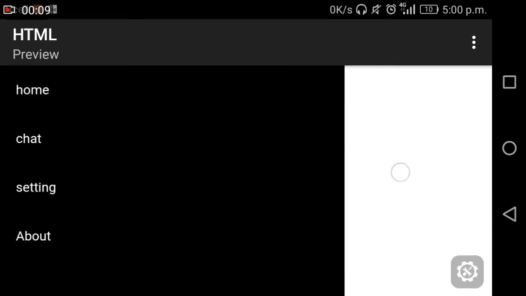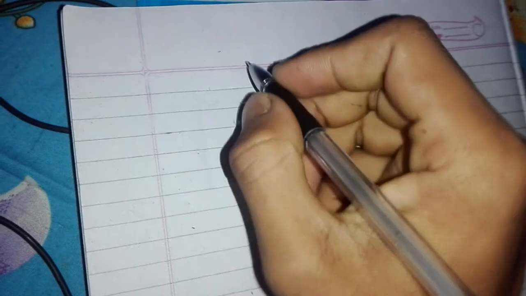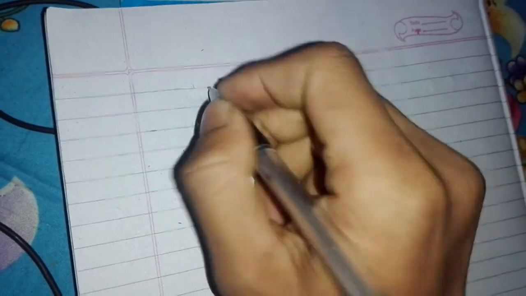Hello guys, today we will be going to make this navbar using only CSS. This has been created using only CSS. So I hope you will love this tutorial. Let's see what will be the structure of our website,